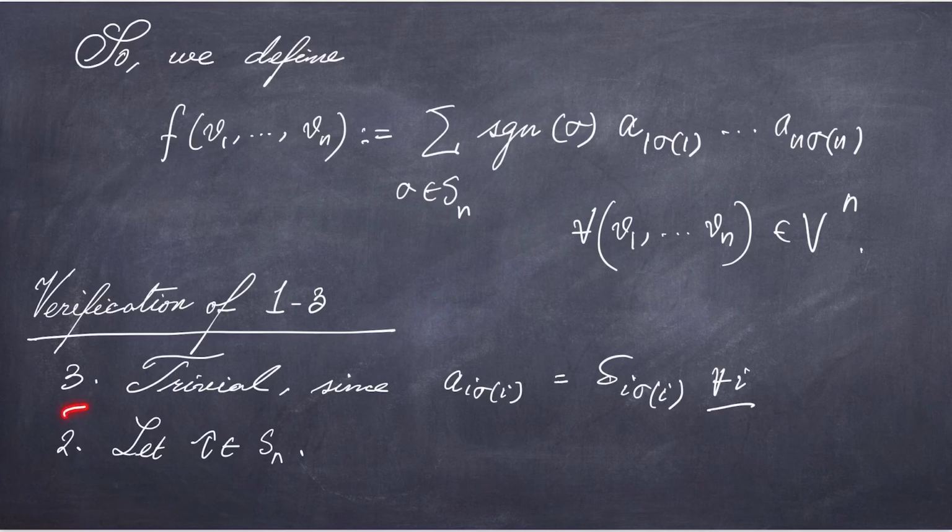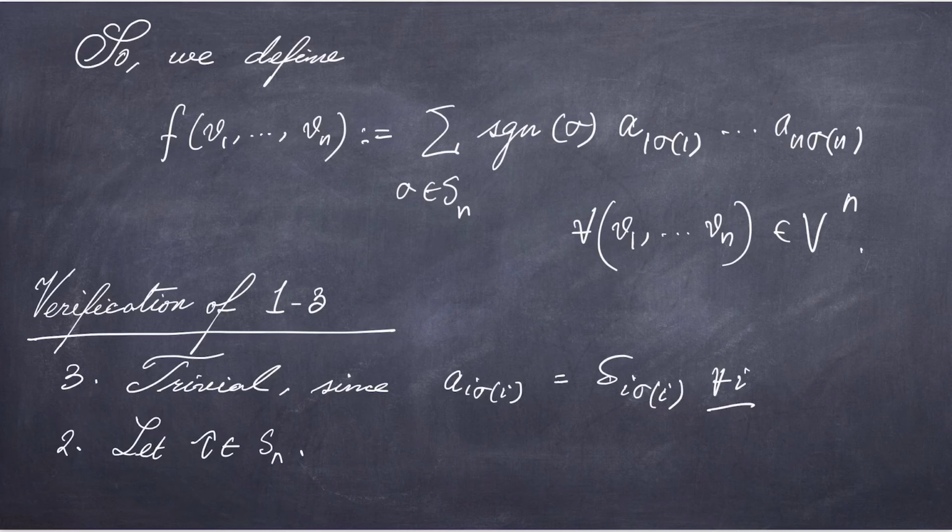So let's first do the third one. This is the most trivial one. So if V1, V2, ..., Vn are just e1 to en, then we see that each a_{i,sigma(i)} for any sigma is nothing but delta_{i,sigma(i)}, because V1 has only first coordinate 1 and the rest are 0, similarly Vi has ith coordinate 1 and the rest are 0. So from this it follows that